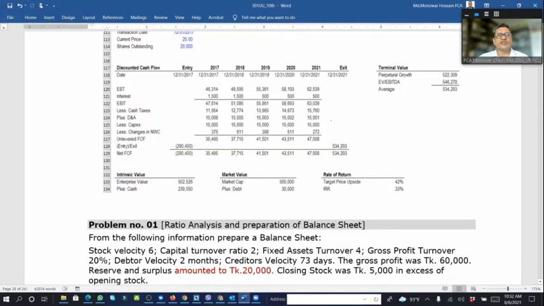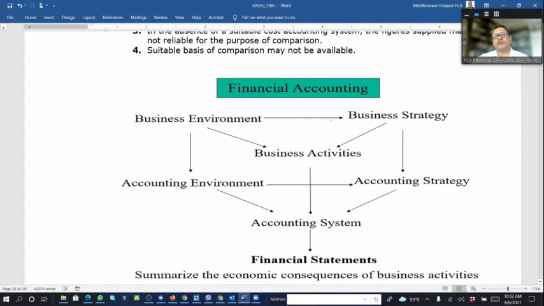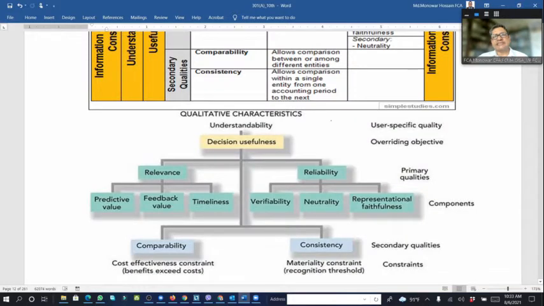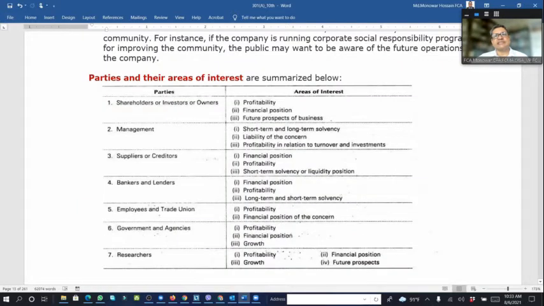So these are the items we discuss today, and now we go for a few math problems. So what did we discuss today? We discussed the basic decisions of financial management and components of financial management, the qualitative characteristics of financial data, the cycle of financial statement analysis or process, users of financial statements, and parties and other stakeholders, why they are using financial statements, methods of analyzing the financial statement,